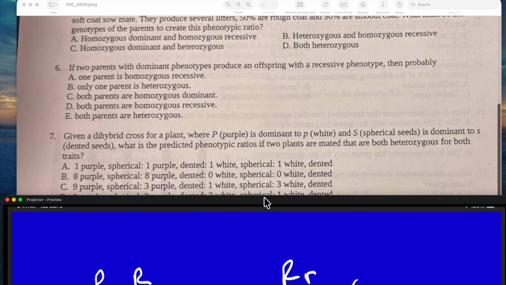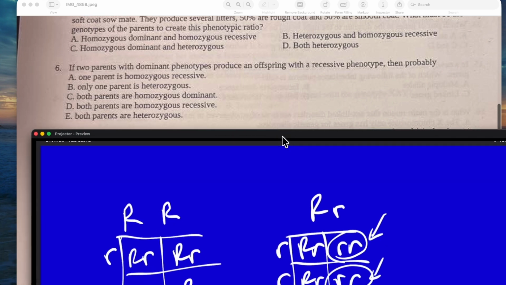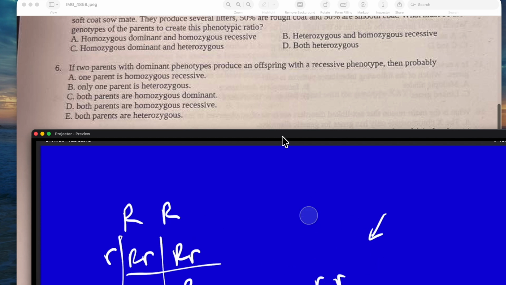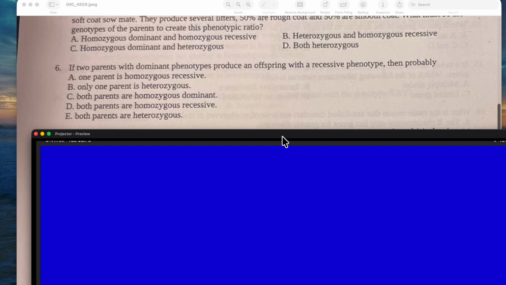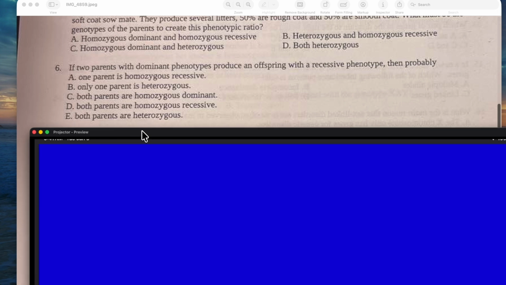For number 6, we have two parents with dominant phenotypes. Again, we don't know if they have two dominant alleles or if they're heterozygous. If they produce an offspring that's recessive, then you have to have both parents heterozygous. In other words, if we had one dominant parent and the other one heterozygous,